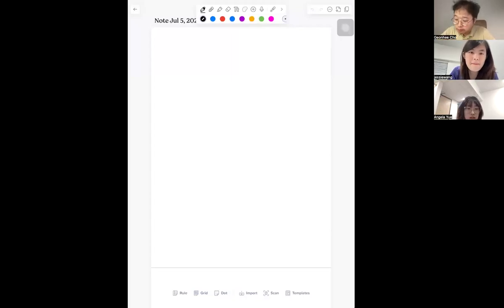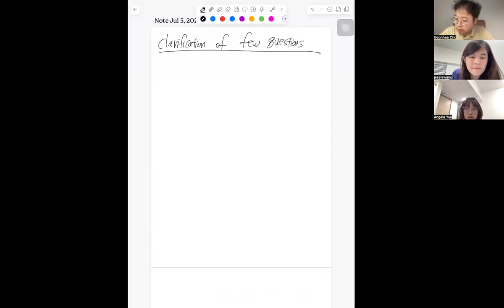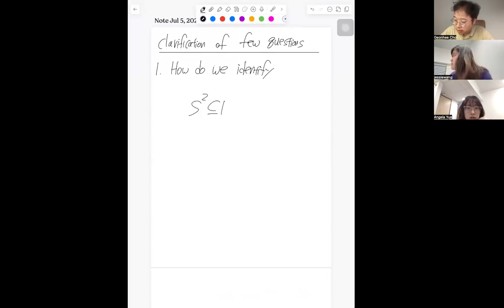So yeah, some clarification of a few questions. Number one, how do we identify S2 in R3 and CP1, which is a little bit weird, like the definition as you